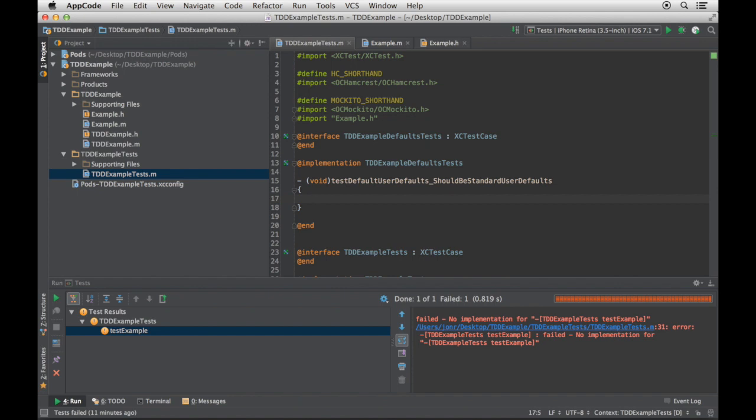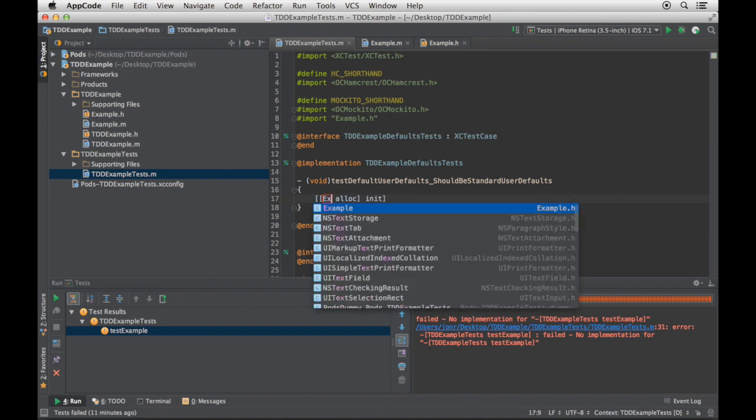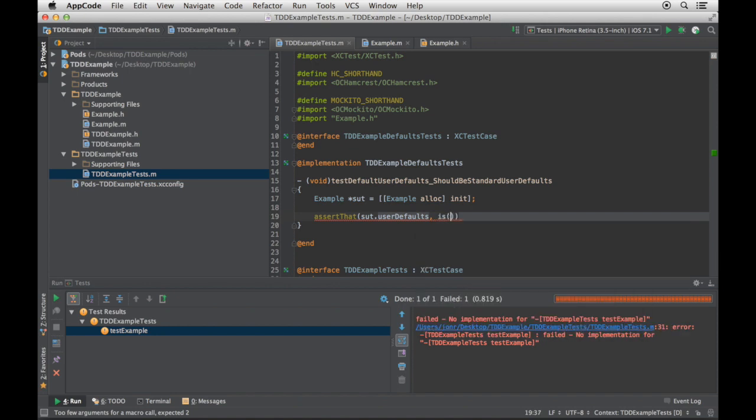Press enter, go there, and I'll say, why, make me an example, and Command Option V. Oh, let me get out from there. SUT, and then I can say assert that SUT user defaults is the same instance as standard user defaults. Look at how little typing I'm doing.